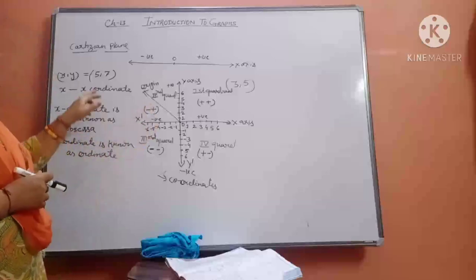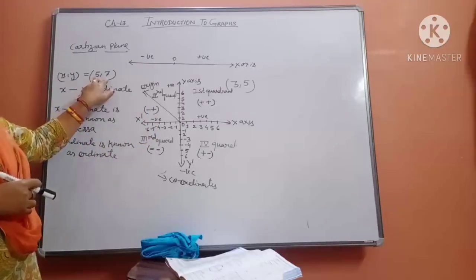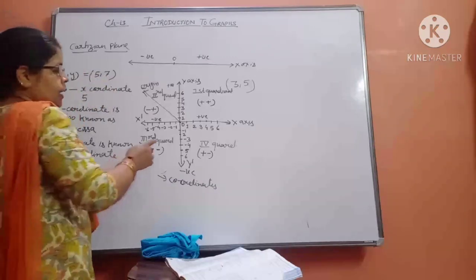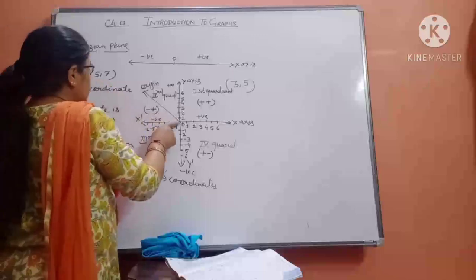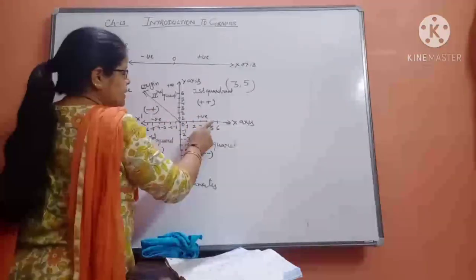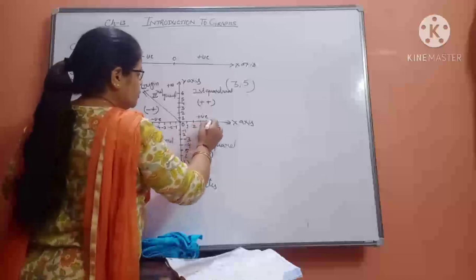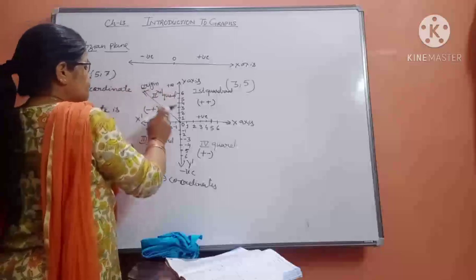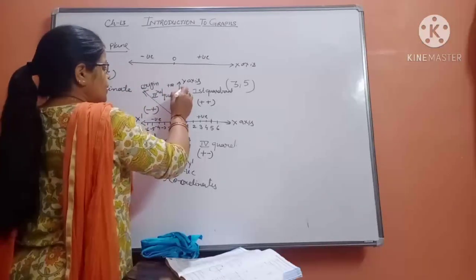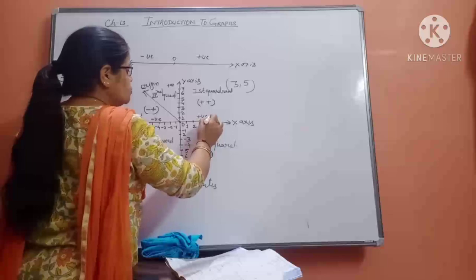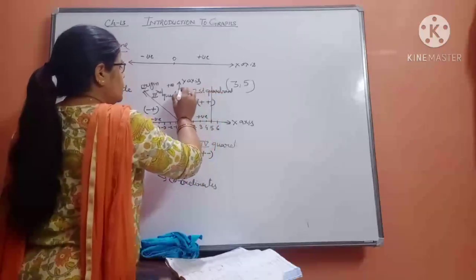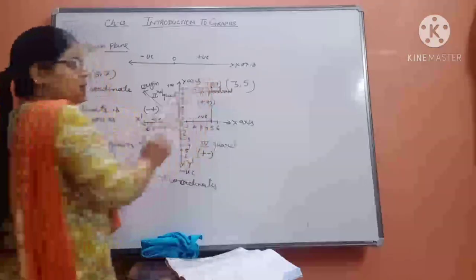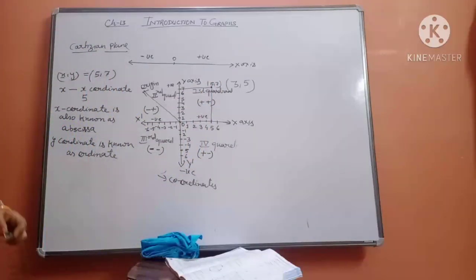Okay, now suppose I tell you to locate 5 comma 7 on the Cartesian plane. So how will you denote this point beta? Here first you will go on the x-axis and it is plus 5, so you will move in this direction. So 5 is here. And 7 will be in the plus direction, so plus 7 will be here. You just draw a line from here in your graph, and where these lines meet, this will be 5 comma 7.